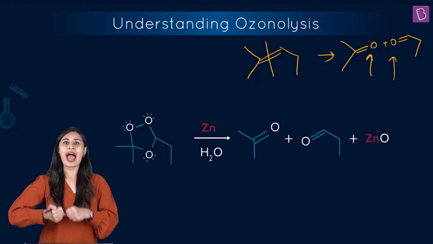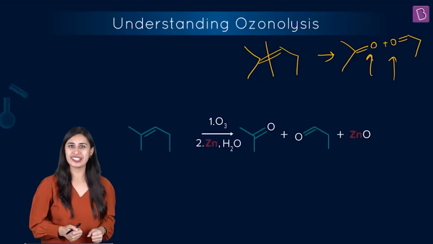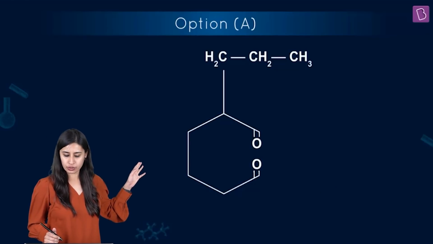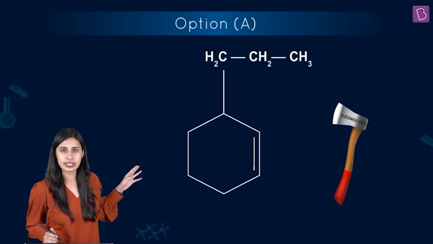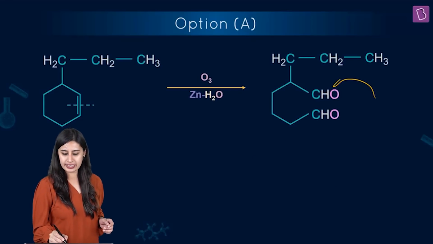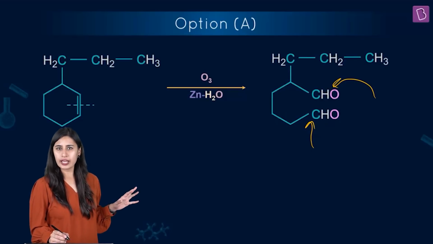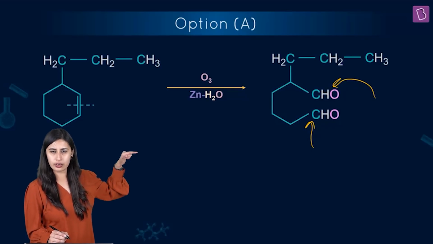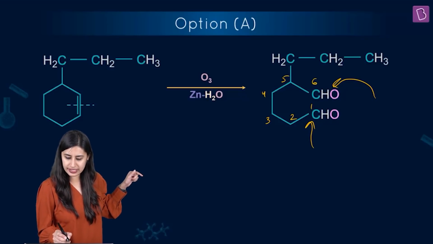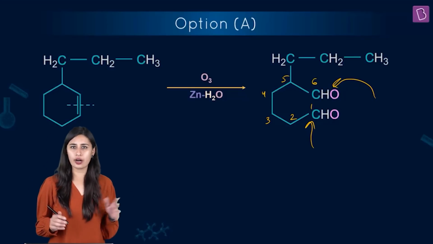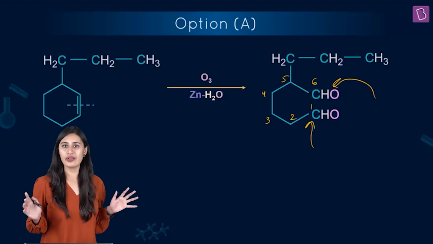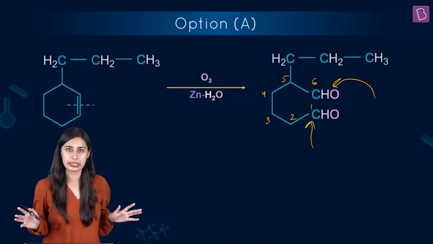So let's take our axe and do this kind of a lysis, okay? So the first one is this compound. Let's break this double bond, put 2 oxygens. Now where are we getting here? Methanol, right? So here what we are getting is aldehyde, CHO here and a CHO here, right? Which is a part of this kind of carbon system. 1, 2, 3, 4, 5 and 6 carbons out here. And of course, we are successful in opening the ring here, but however, unsuccessful in getting methanol here, right?